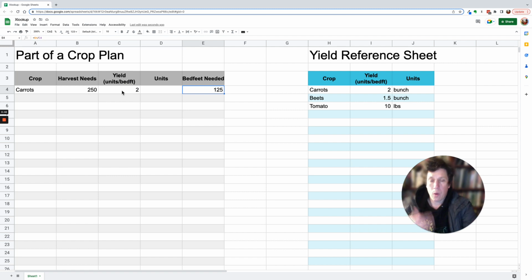Now, what I can do with XLOOKUP is, let's say I'm going to do a lot of crop planning, and I'm going to use carrots a lot, and I want the variable to be standardized. That's what I'm going to do with XLOOKUP. So here with yield, I'm going to do equal